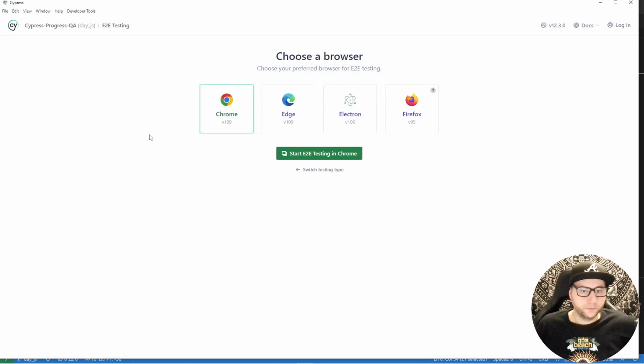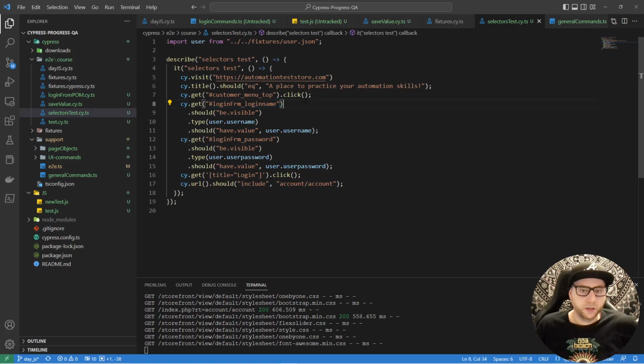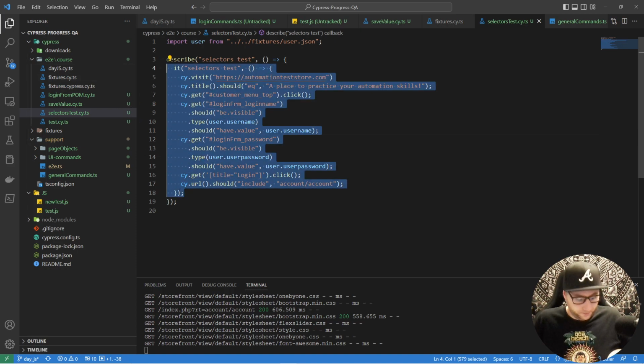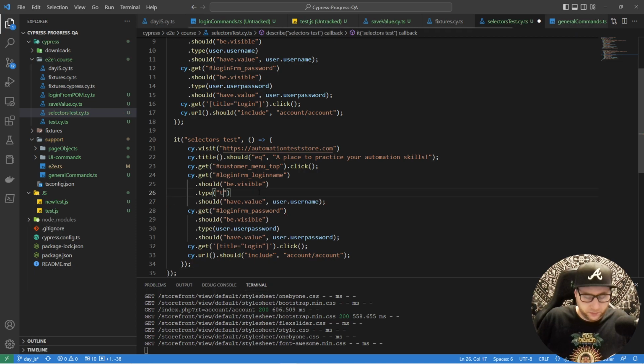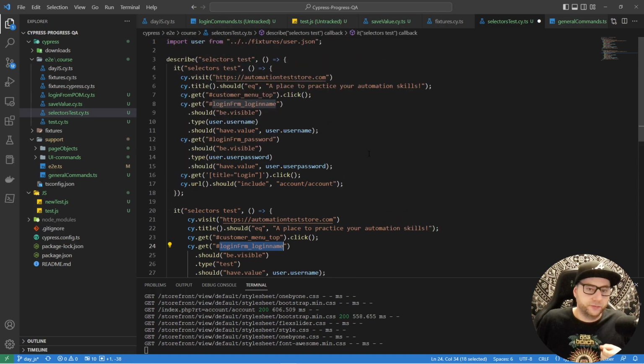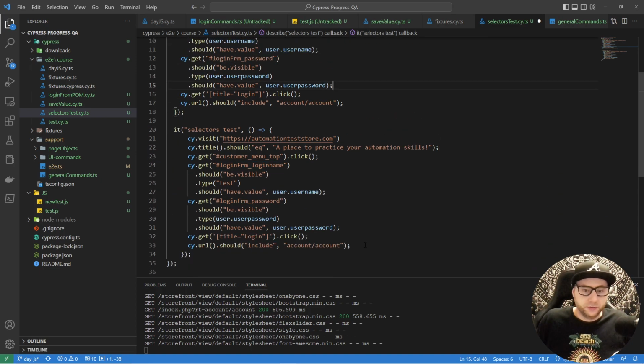So how to separate these selectors? Because for example, if we have the same test but different values here, for example test, etc., we want to use these selectors. Also, when developers change a selector, we can go to the structure of the code and change it. But first I want to show you